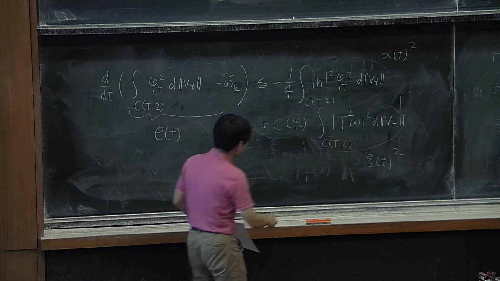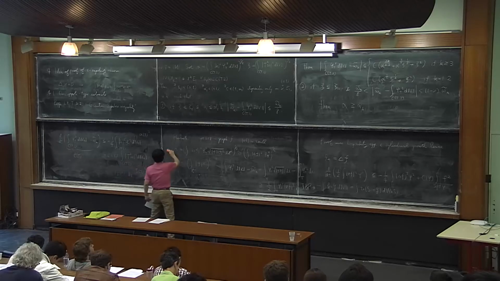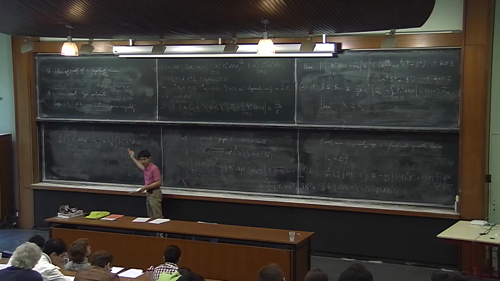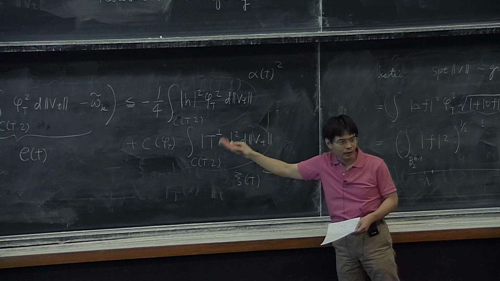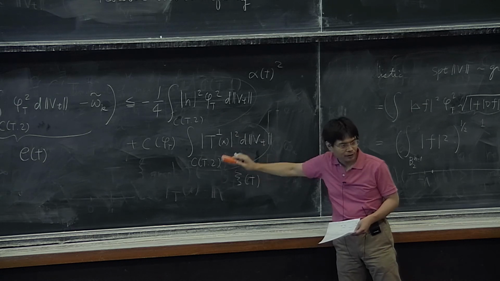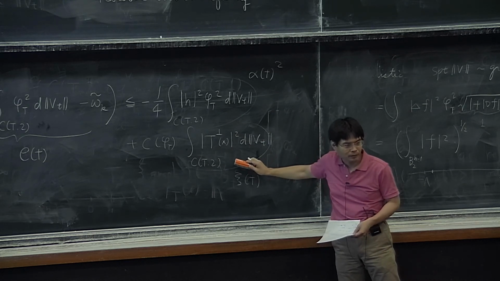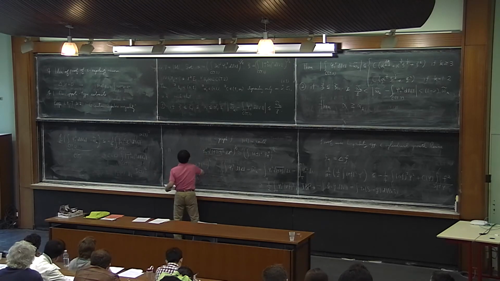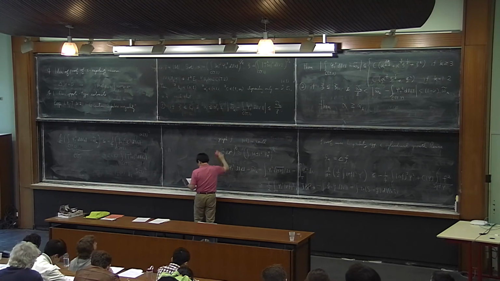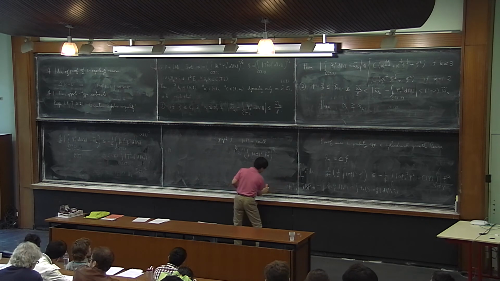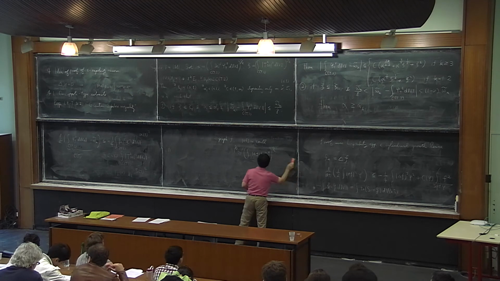So you see what I was saying. If you have some amount of alpha, it just decreases energy or area. But with this extra little positive term. But this is sort of a lower order term, and this is the higher order term. Now, the argument is really an ODE argument at this point. In fact, once you have these two things, then